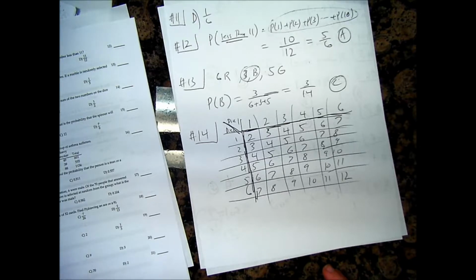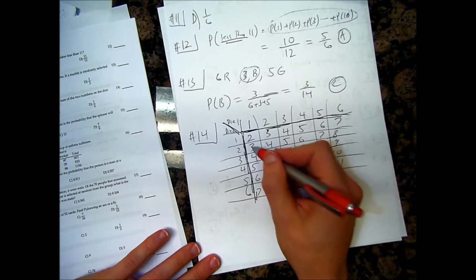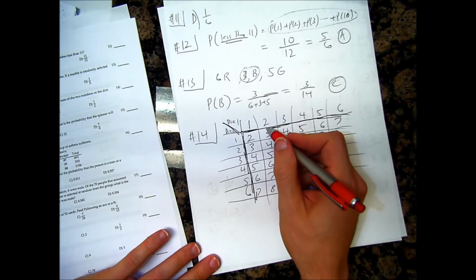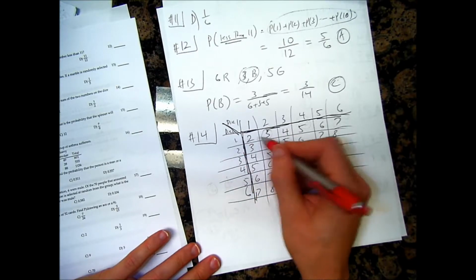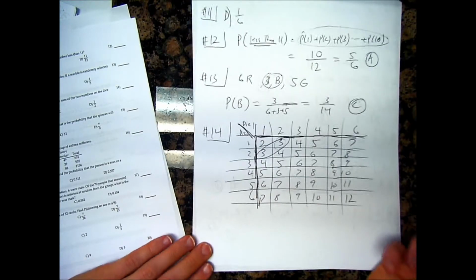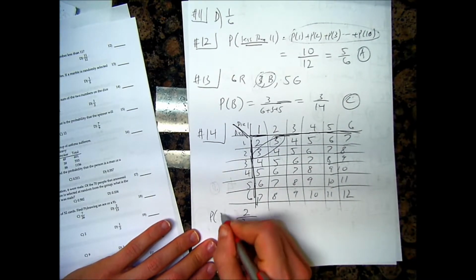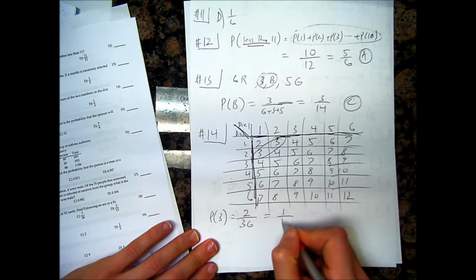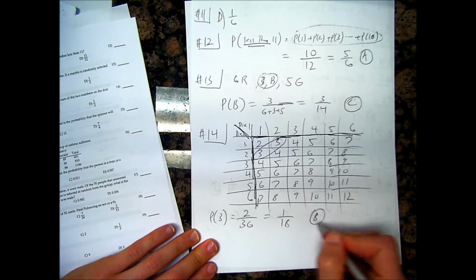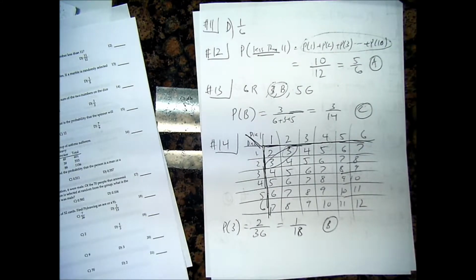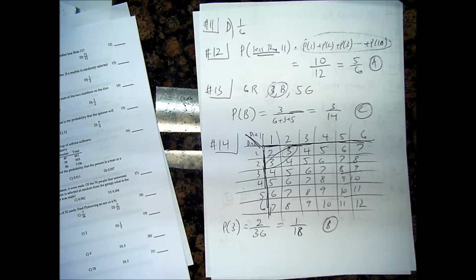So, what's the probability that the sum of the 2 numbers on the dice will be 3? Well, how many ways are there of me getting a 3? Well, the first die could be a 2, and the second one could be a 1, or the other way around. So there's 2 ways of getting a 3, but there's 36 total possible answers. So it's 2 out of 36, or 1 out of 18, which is B. So it takes a little bit of organizing your thoughts, but that's the best way I could see to do those dice problems.